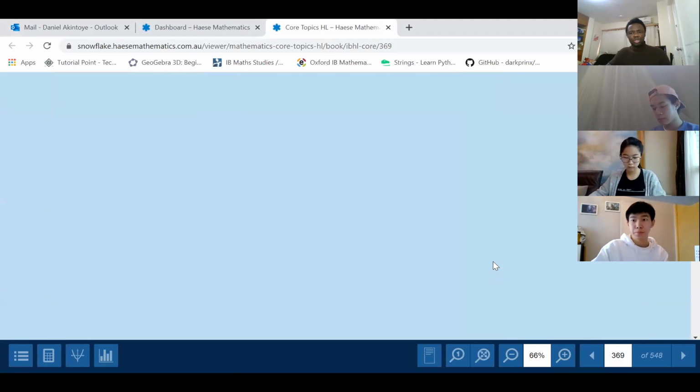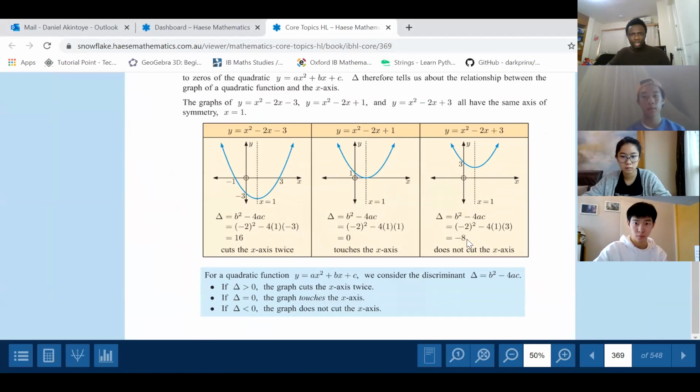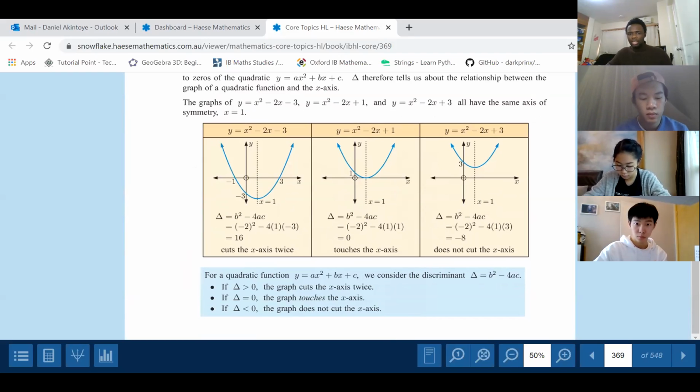So the first thing we want to do today is to use discriminant. Look, we want to use discriminant. We all know what discriminant is, okay? To see the relationship between the graph and, okay,